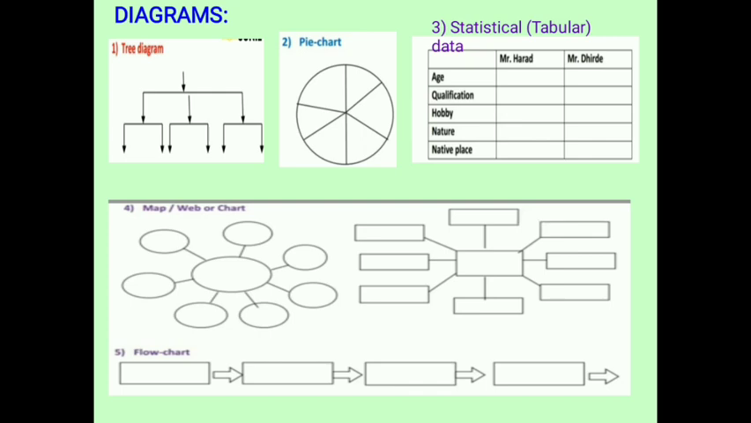The first one is tree diagram. The second, pie chart. Third, statistical tabular data. Fourth, map, web or chart. Fifth, flow chart. Now children, please note that if you have to draw the figure while solving